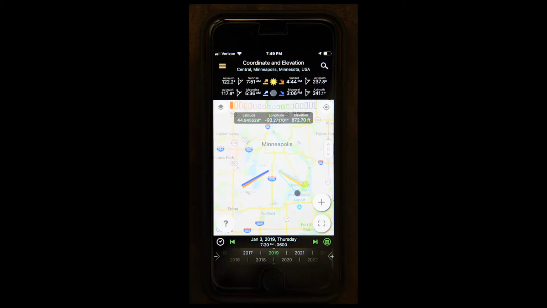Hey everyone, as I'm sure you're aware, on Sunday, January 20th, 2019, we're going to have a total lunar eclipse, which is going to be visible over all of North America. And this is an event you're not going to want to miss. And what this video tutorial is going to help you do is to plan out a sequence of photographs using